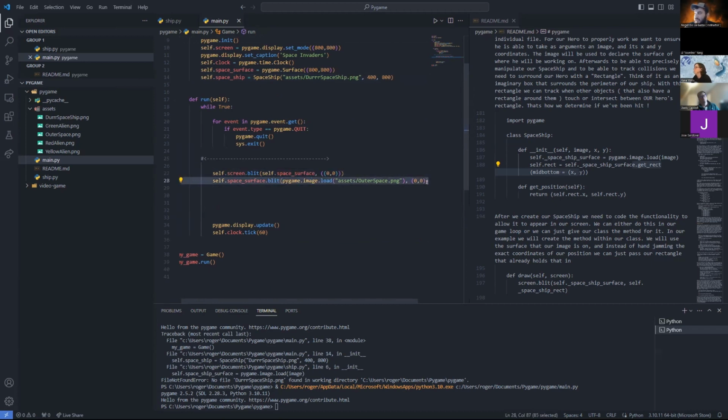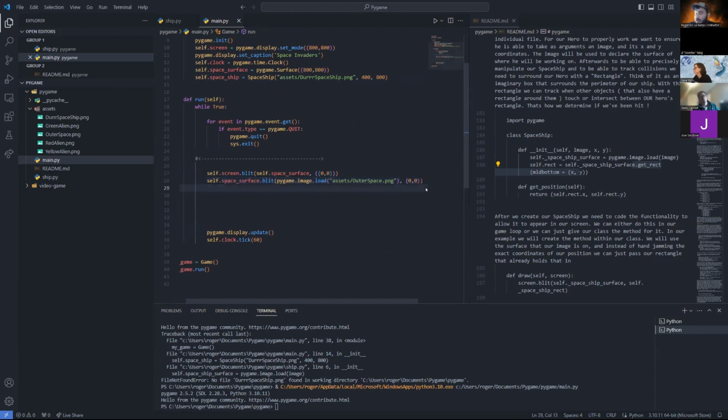After my space surface, I added the image on top of that surface. So on top of my space surface, I want to add my ship. Because if I do it the other way around, my space image is going to overlap my spaceship and it won't appear. So on line 29 for me, after my space surface.blit that I use for my outer space.png,